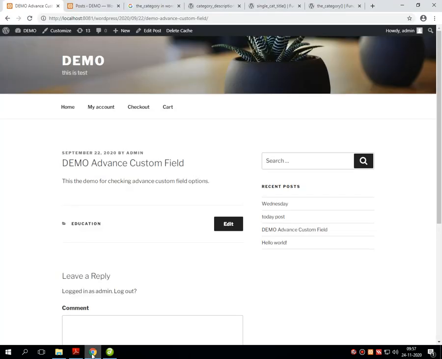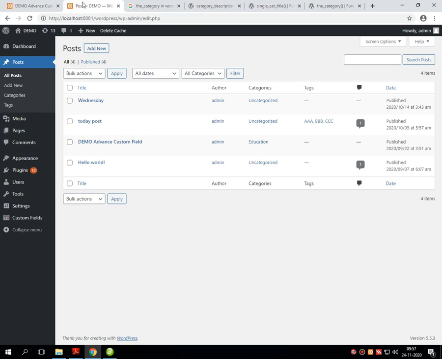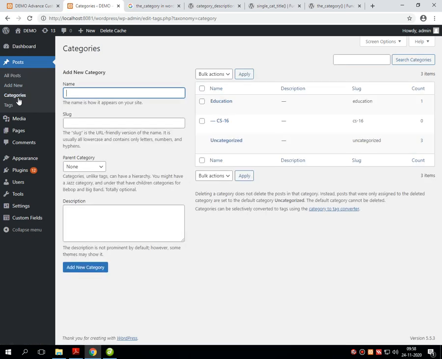Let me show you where it is available. For that we have logged into WordPress, and into the first option called Post. When we click on Post, it shows its options. In that there is an option of Category. There we can see that we have created three categories: Uncategorized, CS16 and Education.